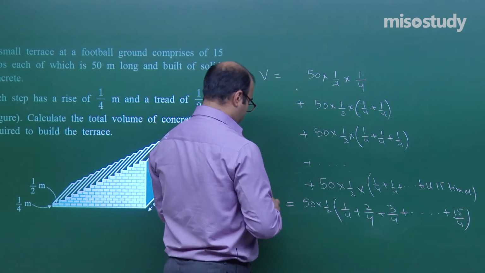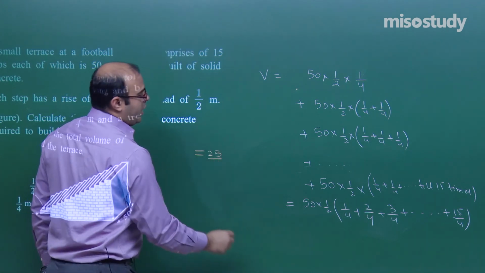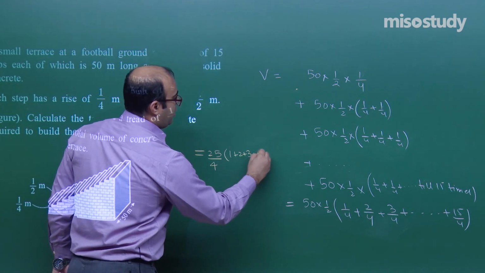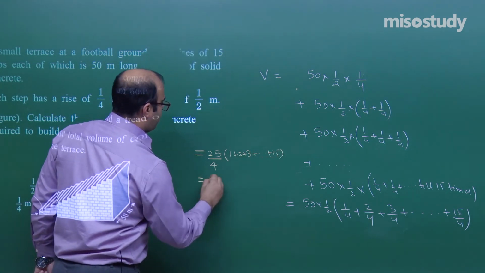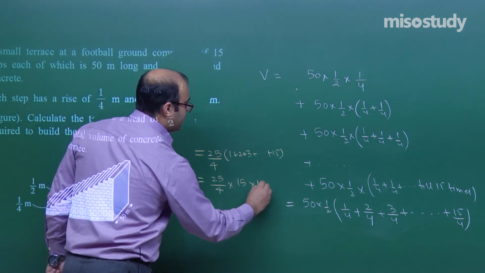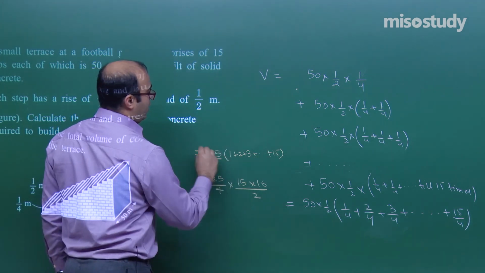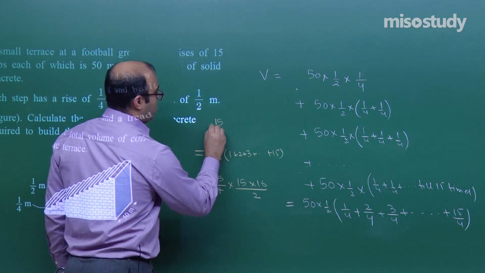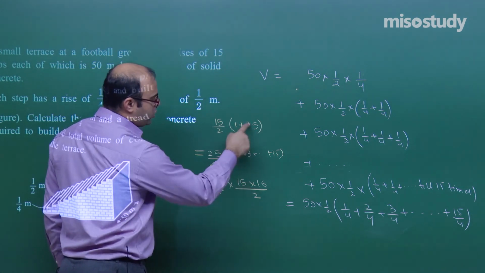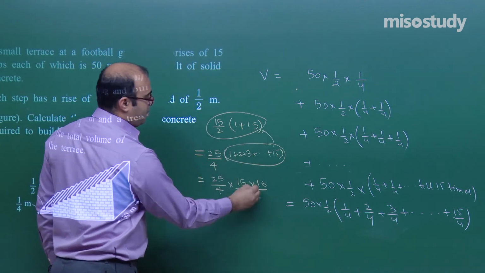So we find this. Now if we want to calculate this value, 50 by 2 is 25. We can even take 4 as an LCM and take it out. Here it is 1 plus 2 plus 3 till 15. Now the sum of the first 15 natural numbers is n into n plus 1 upon 2. That is from the formula of AP, n by 2 into first term plus last term. So 15 by 2 into 16, this is what we get. This sum is an AP, and it can be written like this.